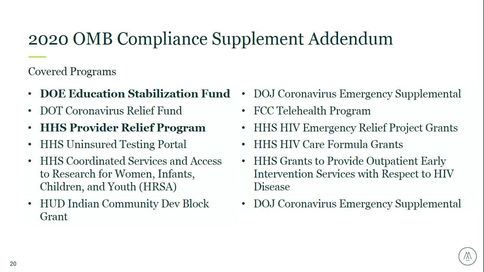The GAQC has advocated and does continue to advocate for an extension of the reporting requirements for single audits to help ease any burden there. As it stands, any 6/30/2020 year ends would need to file their single audit reports by March 31st of 2021, which obviously could pose some problems if the addendum isn't issued until here into the new year.